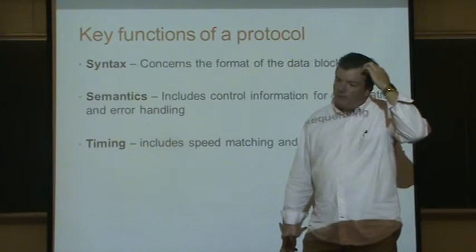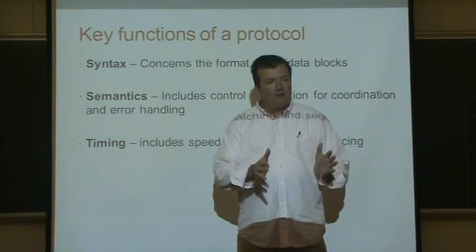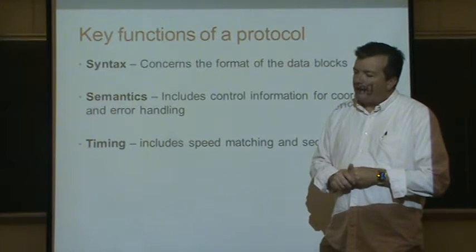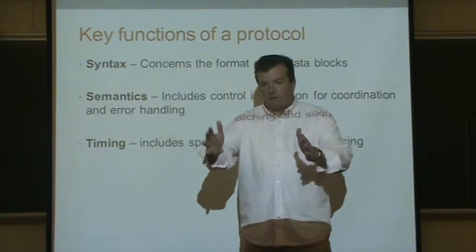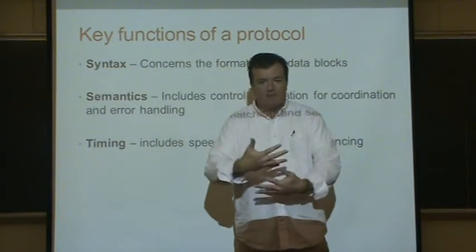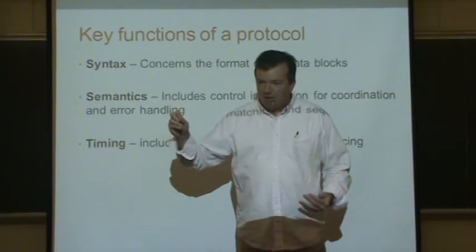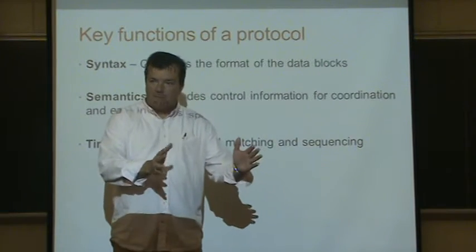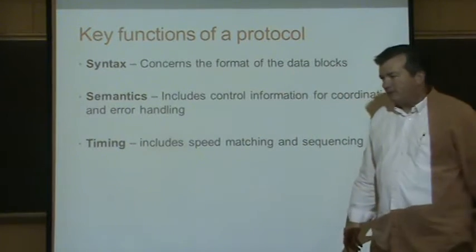A simple example of where semantics comes into play is, suppose I'm sending a message that is so big, like let's say I'm mailing a big picture or a movie, and it has to be broken up into many messages. So I can say, here's part 1, here's part 2, and here's part 3. If the receiver receives them in the wrong order and puts it together in the wrong order, it won't have the correct meaning. They would have received the data correctly, but when they put it together, it wouldn't have meaning. So I have to say, this is part 1 and must go before part 2. I have to somehow communicate that, in addition to sending the movie.